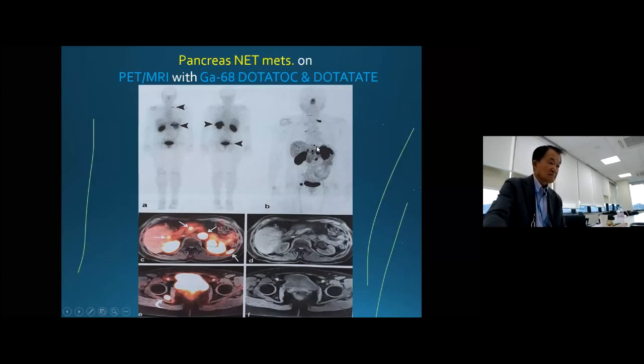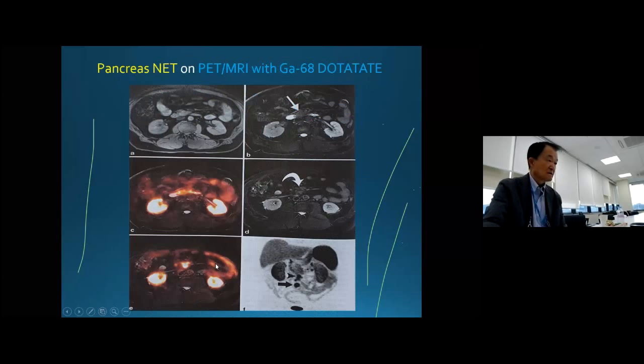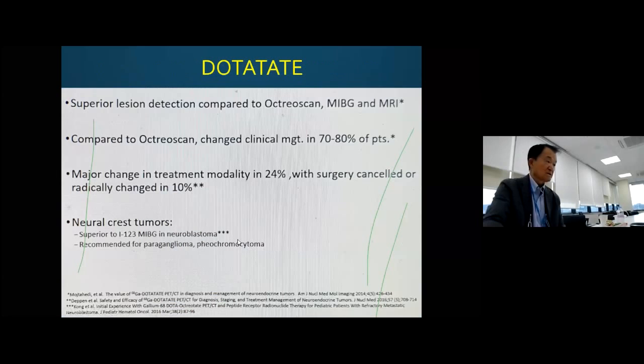Pancreatic, again, is multiple liver lesions or this other area here on transaxial, even the acetabulum here. Okay, pancreatic here, nodular here, increased activity here, and some retroperitoneal. So this DOTATATE now seems to be the choice compared with other agents, the arterial scan, MIBI, MRI. This seems to be better in detection of multiple lesions.